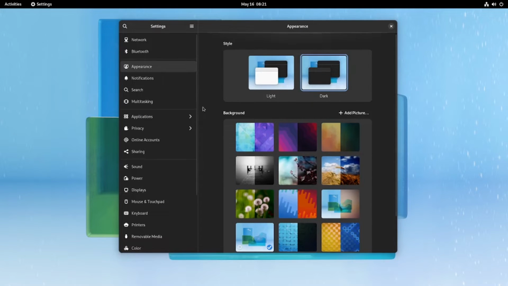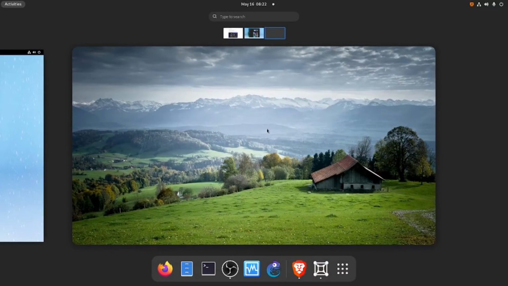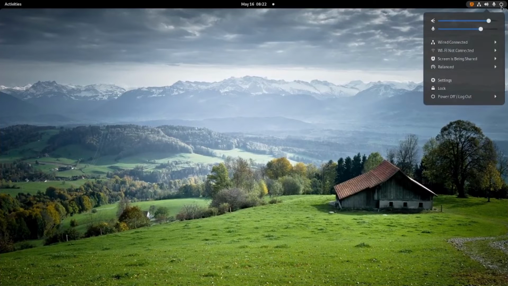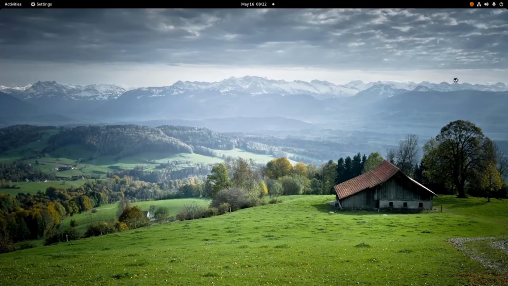Okay, let's compare with the Fedora 35. I don't think that there's appearance setting in the Fedora 35. I will go to the host and I will click setting.